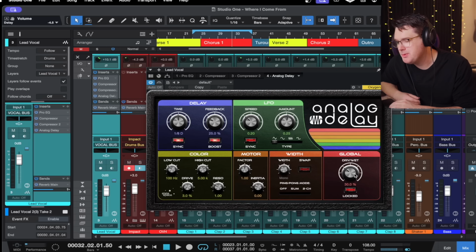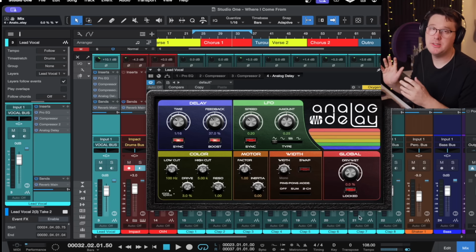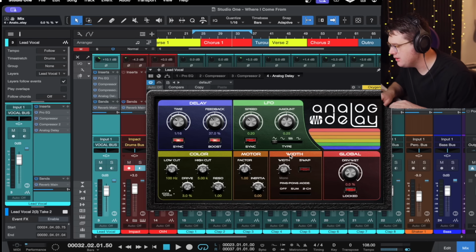And here you can notice we have this dry wet knob. So I want to show you this in practice. So if I happen to set up something like, let's go back to a 16th note delay with this much feedback. I'm going to start with the dry knob all the way to the left, meaning you should just be hearing the lead vocal